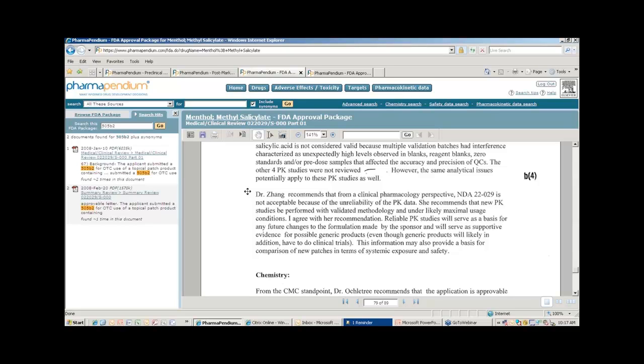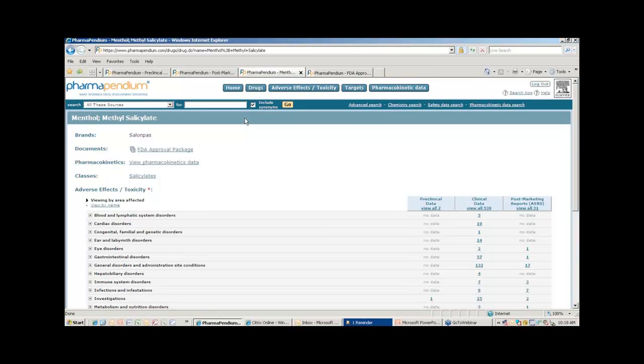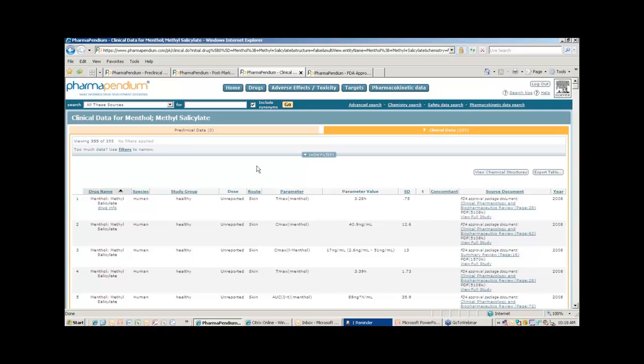So if in the future a company wanted to come in and make a new formulation to the Salonpas drug, this new data that will be generated can serve as supportive evidence as indicated in the paragraph here. To look at this data, all we need to do is click on the drug, similar to what we did in the previous example, and we go to pharmacokinetics data and see all of the additional PK data that needed